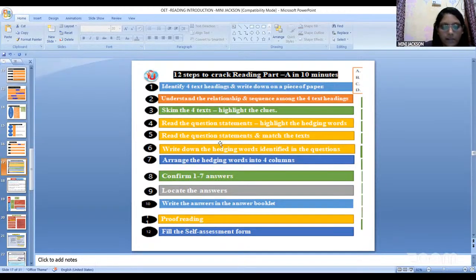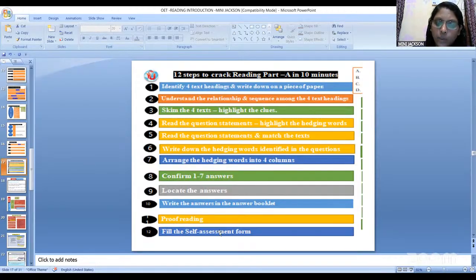And then you have to practice like that. During the practicing time, we have a self-assessment form. So what is the meaning of that? We will analyze our growth. That means whether we are growing daily or not, whether there is any progress or not. That is the thing we have to see.